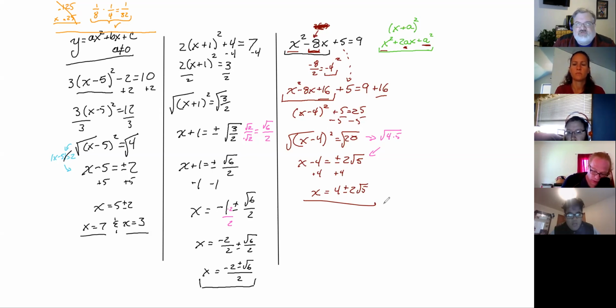Now, what I want to work on tomorrow, and probably just tomorrow, is doing this for a couple different purposes, but in more complicated scenarios. We're not going to go too crazy. We'll look at some fairly complicated scenarios, but nothing too bad, I hope. But this way of solving a quadratic by completing the square is really the only method that we have for solving any quadratic.